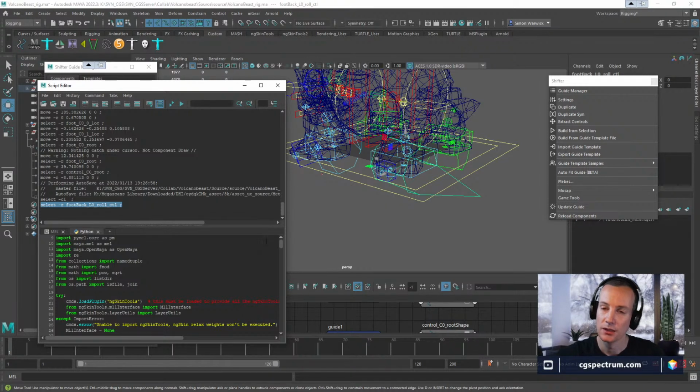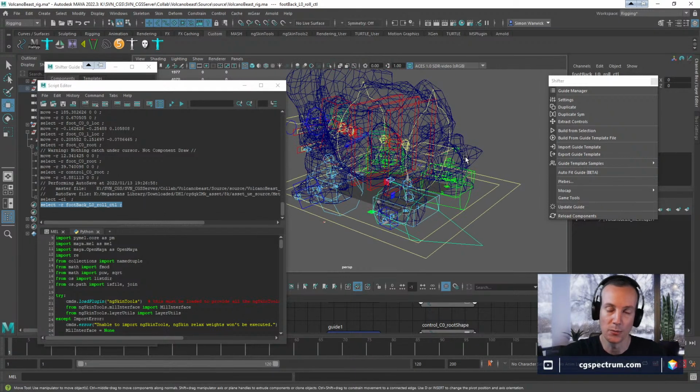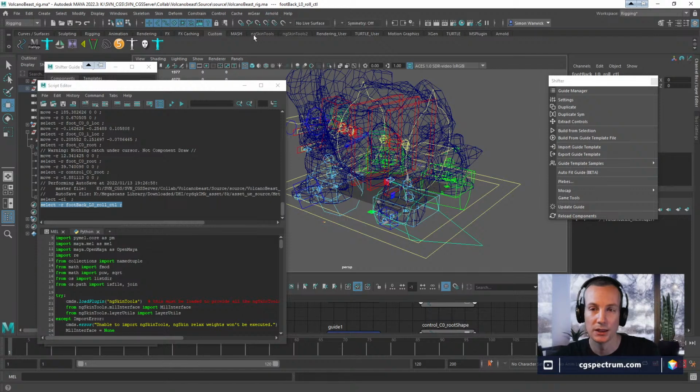So the workflow that I would be using as an out-of-the-box Maya user is probably going to look a lot different than a workflow that you're going to see in a big studio, because they will be using their own custom tool set that's going to have their own custom buttons, that's going to prep their characters and save a lot of time.